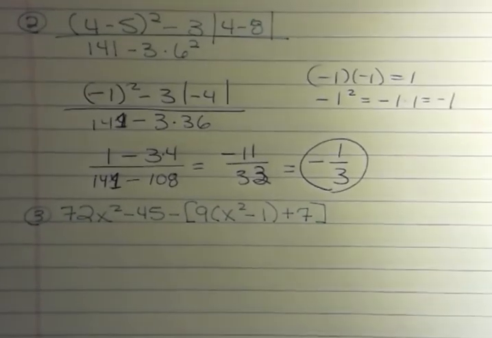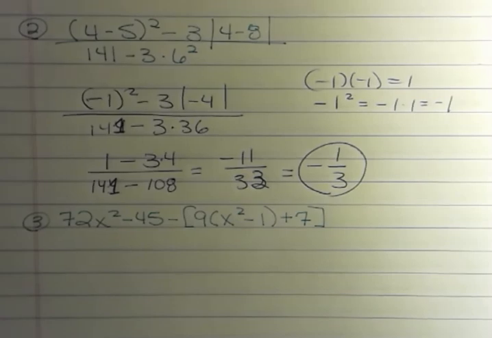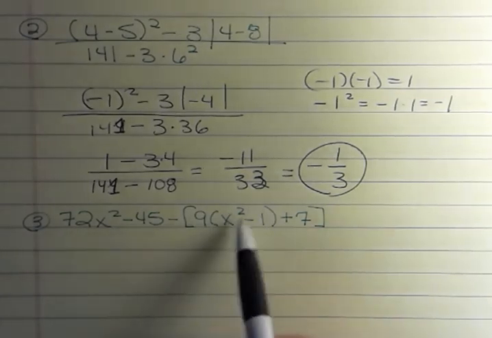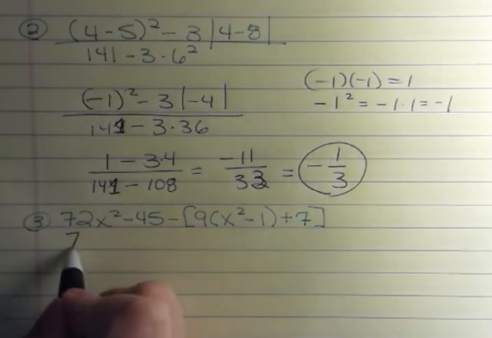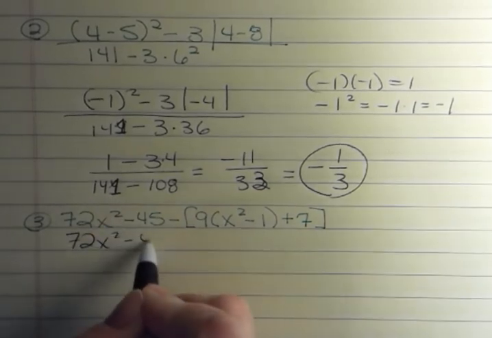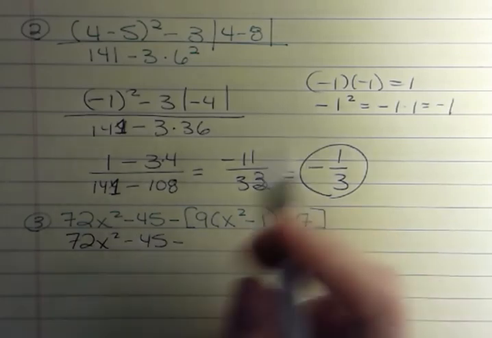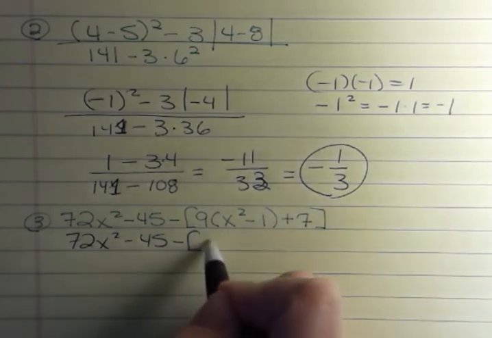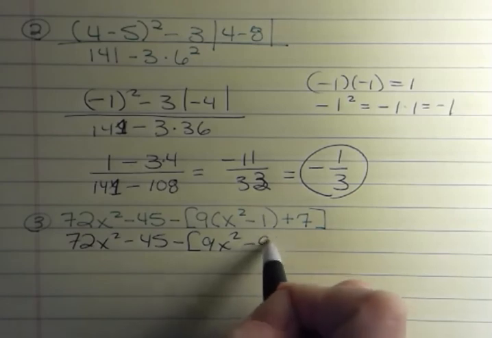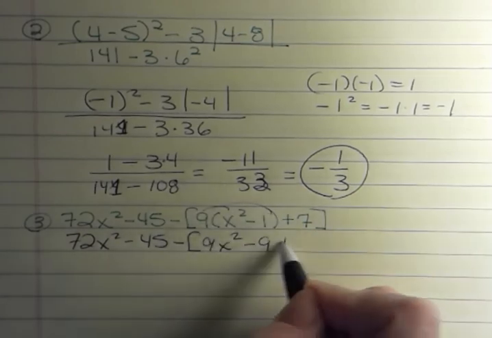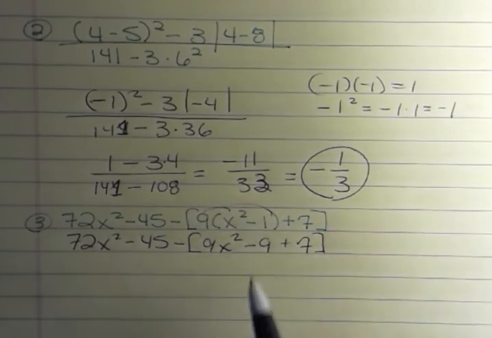The last one I wanted to show you is simplifying an expression. Doesn't matter what your powers are in there. You can only add and subtract like terms. So for this one, I have 72x squared. What isn't a like term? A like term means the same variable to the same power. And then I have 9x squared minus 9, just distributing there, plus 7. And then